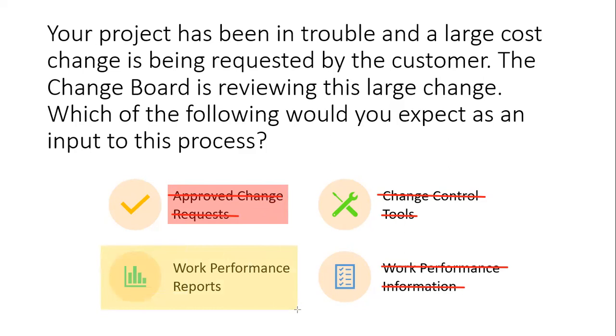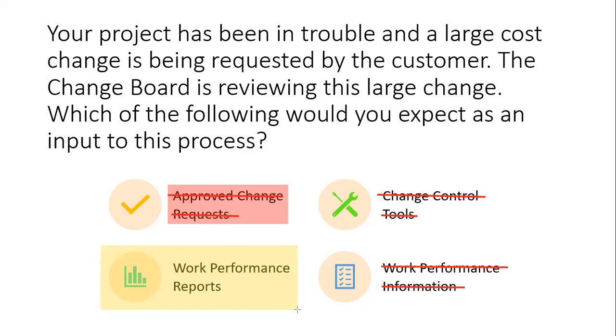Now, when you take a look at questions like this, always ask the question, why is it an input? Work performance reports is an input because as a result of these work performance reports, we could make a sensible conclusion in perform integrated change control as to whether to approve, reject, put on hold, or pending this change request that we got. Let's take a look at what exactly the PMBOK guide says in